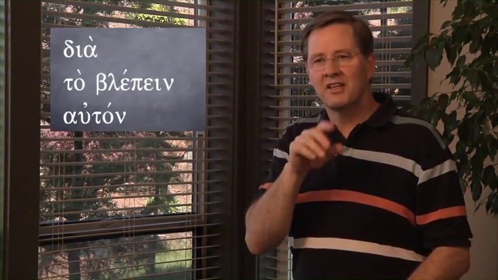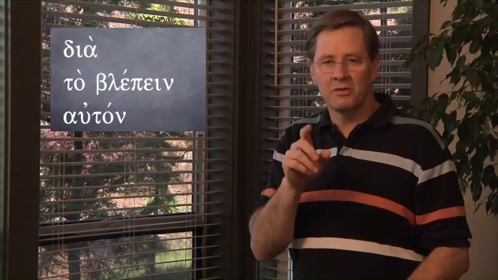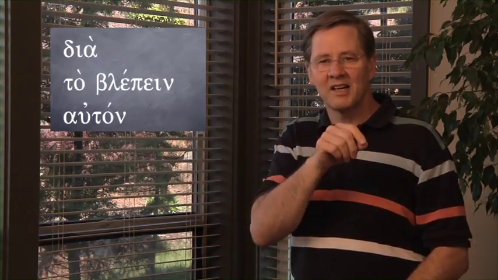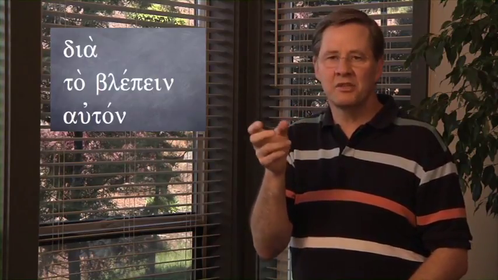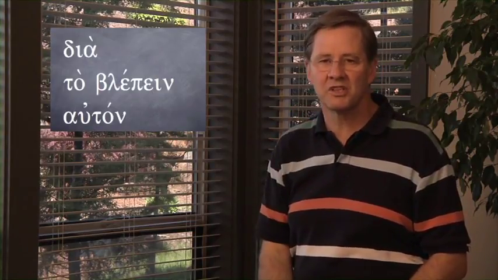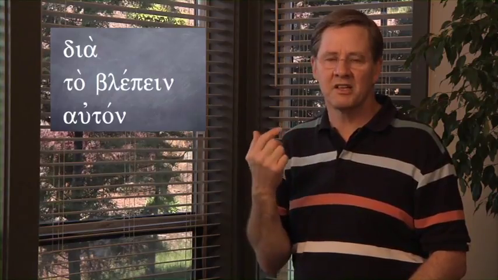So if you have dia ta blepein auton, you would translate that as because he sees. So you can't say to see because we just don't have this construction in English. So you have to translate the infinitive as a regular verb. And the auton is functioning as a subject, the infinitive in this example. So it is dia with the articular infinitive is because, and then he sees. Okay, so that's your vocabulary. Dia with the articular infinitive, backside it means